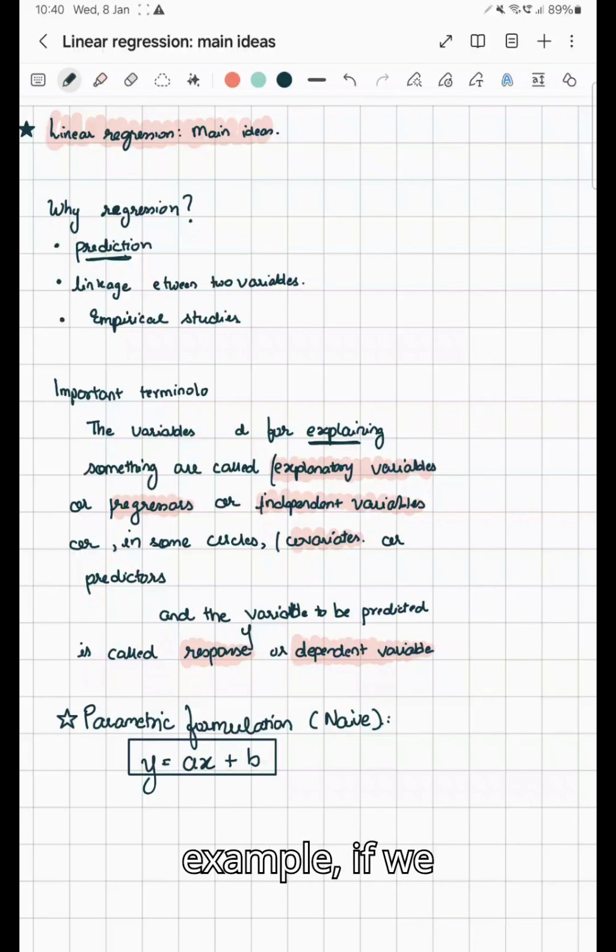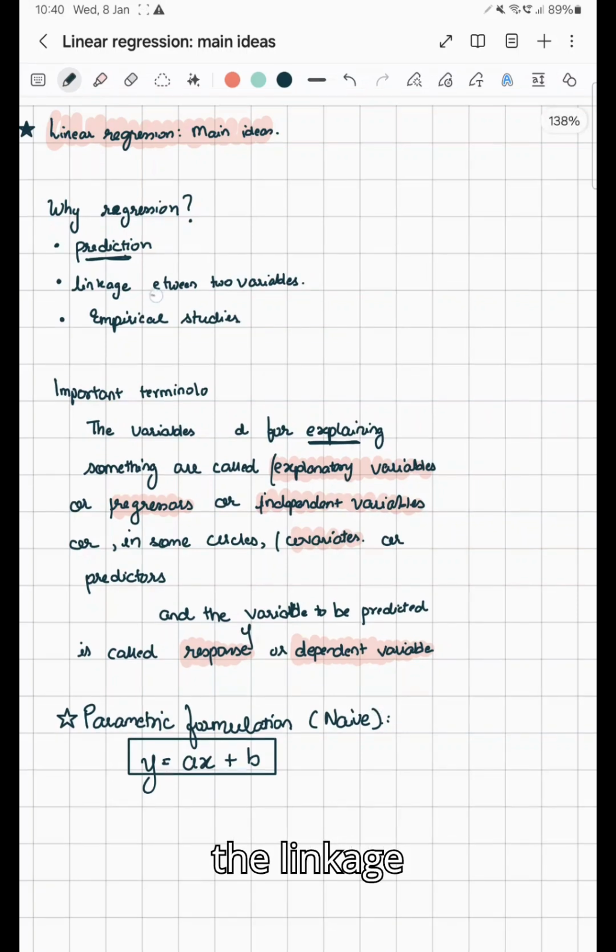For example, if we are given the number of sales for May, can we predict the number of sales in June? It also can tell us about the linkage between two variables. For example, to recall a good one, you might have known this equation for gases, wherein it was established